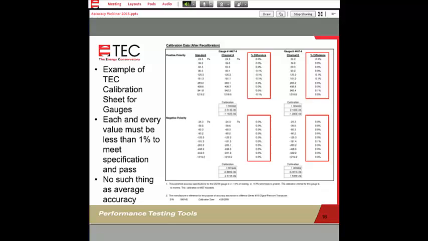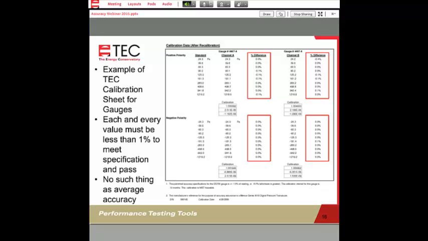You see that there is the standard values displayed first, and then channel A, meaning that's the value of this particular gauge, serial number 4407. So that particular gauge, in the first instance, the standard is reading 24.3. Channel A is also reading 24.3. So the difference, the percentage difference, is 0.